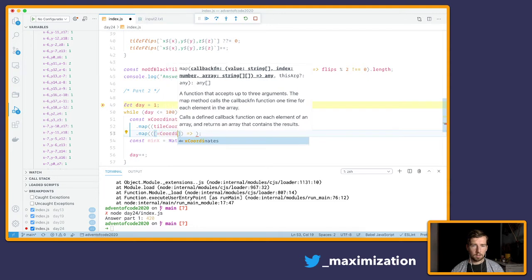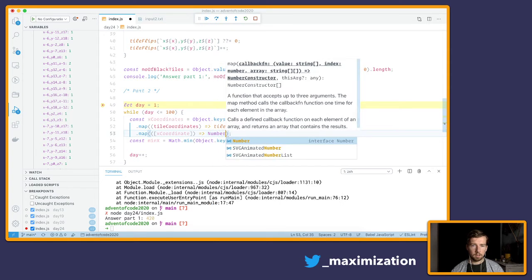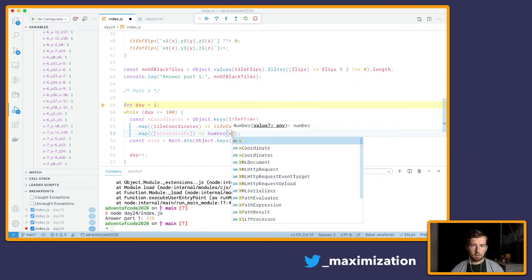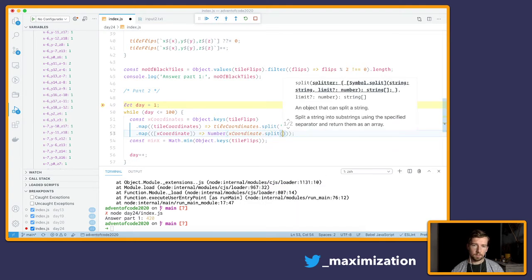X coordinate, and I'm gonna return a number that's gonna be X coordinate split, because I know every X coordinate is gonna start with an X and then it's gonna be whatever value. So